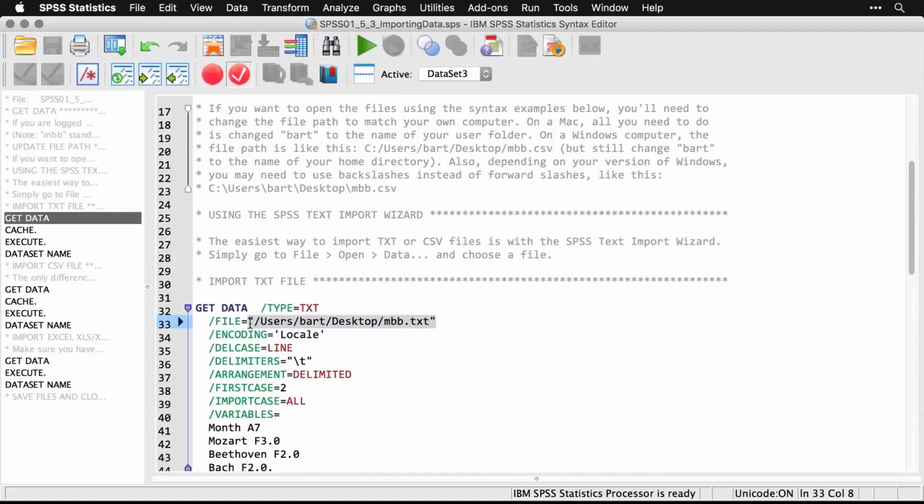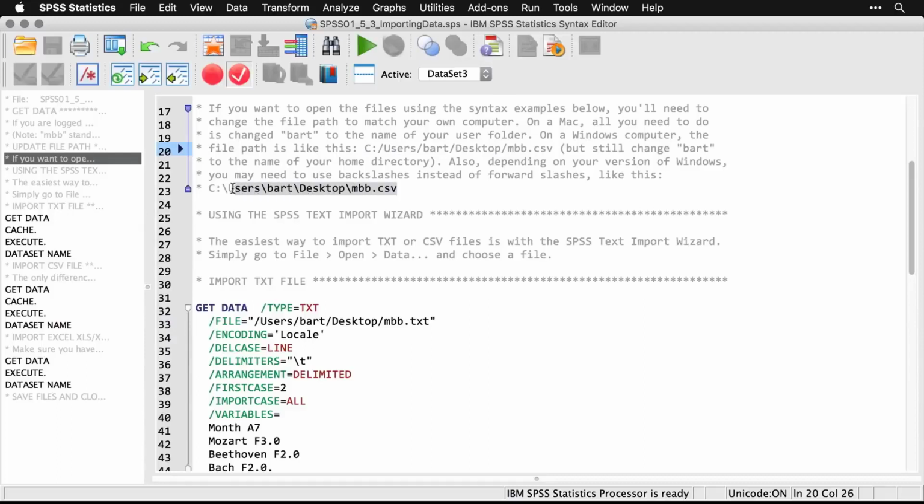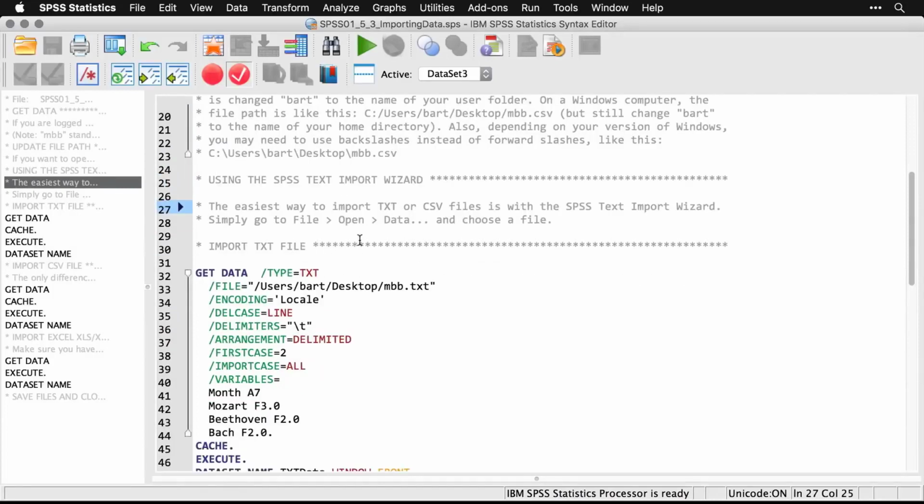Of course, you'll want to change BART to be the name of your home directory. If you're on a Windows computer, you're going to need to change it to something a little more like this, or possibly, depending on the version of your operating system, using backslashes instead. Anyhow, I'm going to show you how to import each of these,